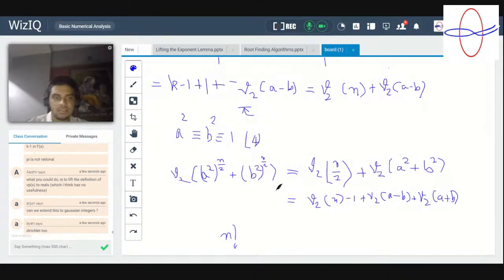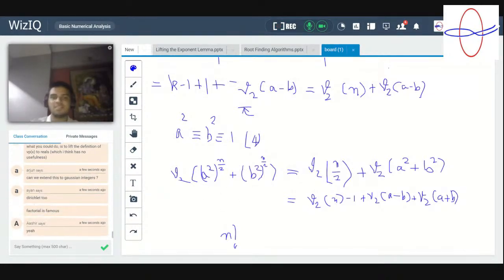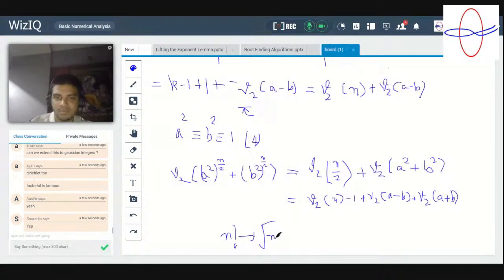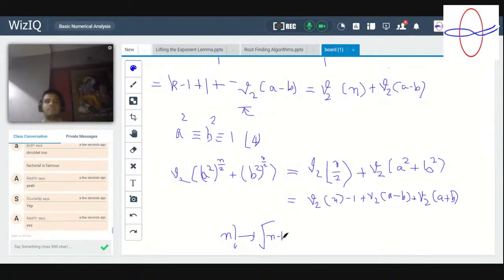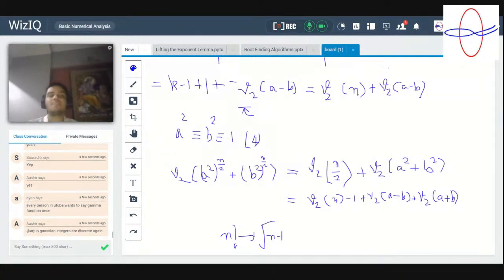Yes, I think we can extend this to Gaussian integers, by the way. Yes, factorial is extremely famous because its continuous form is another extremely famous function, gamma of n minus 1. So similarly, if you're able to figure out a continuous extension of VP, then you might be able to use differentials and integrals. Yeah, again, Gaussian integers are definitely discrete, so extension there cannot really help you in differentials,